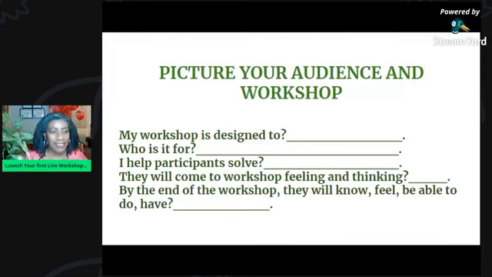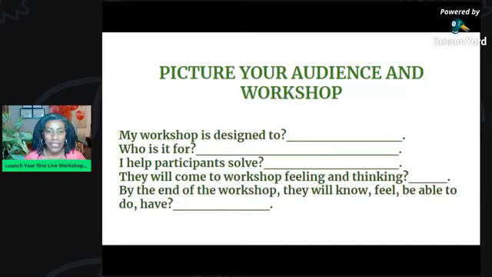Or will they be able to create something? Will they be able to build something? Will they be able to make money? Will they be able to save money? Will they be able to look better? Will they be able to feel better? Will they be successful? So when I say picture your audience and the workshop, I say make that workshop